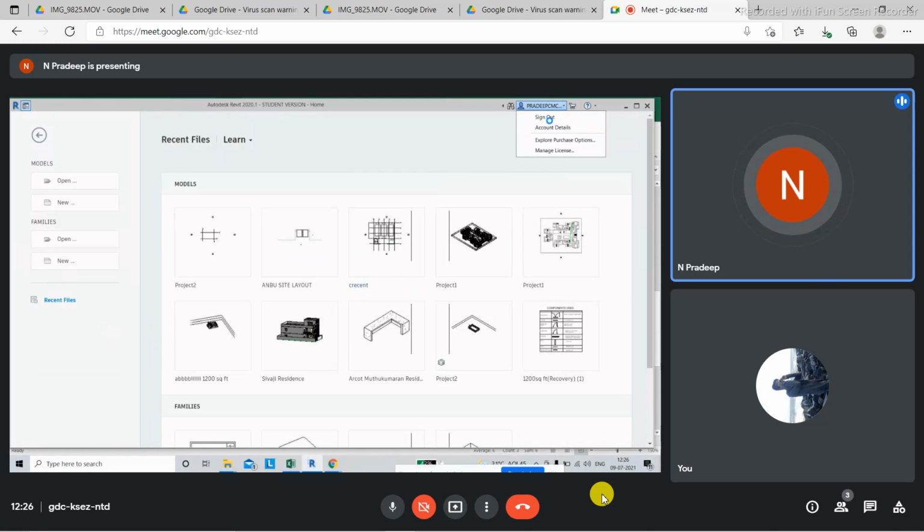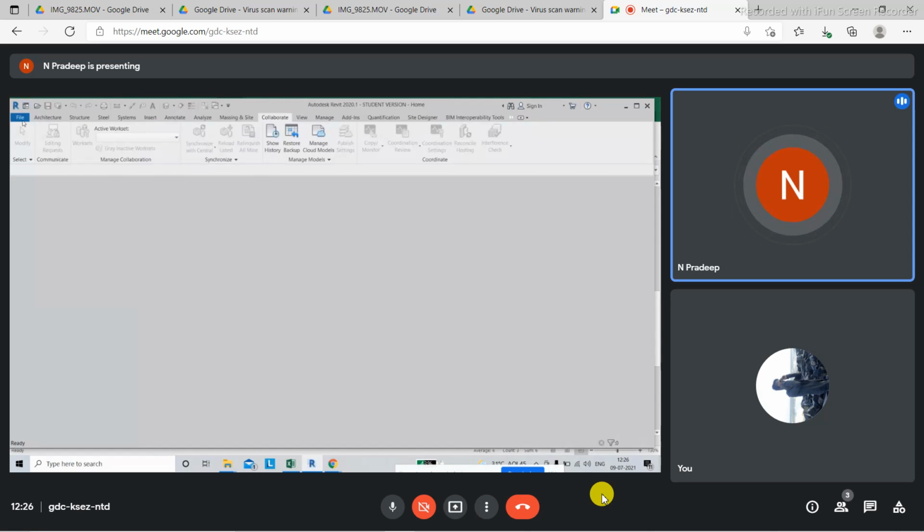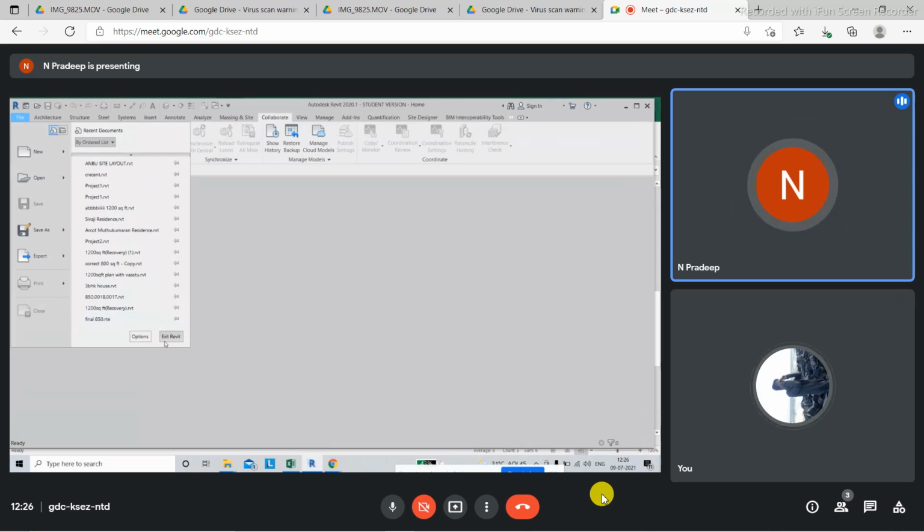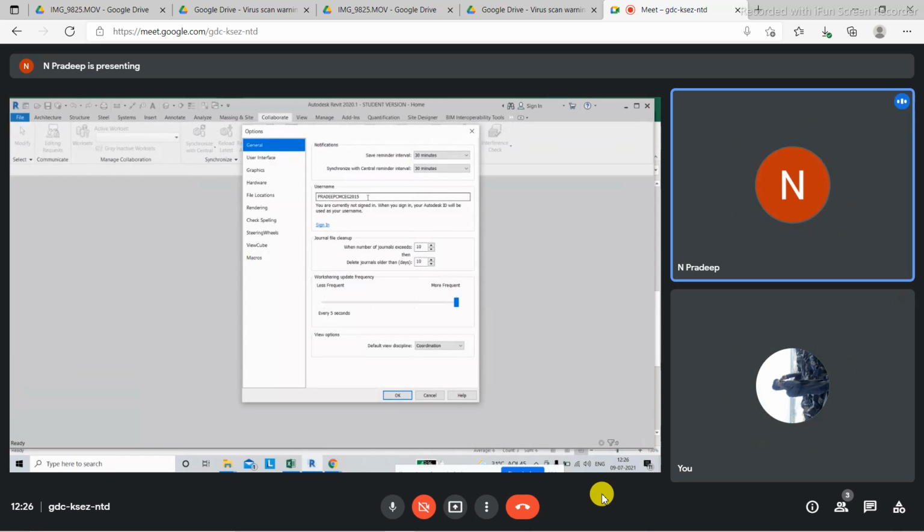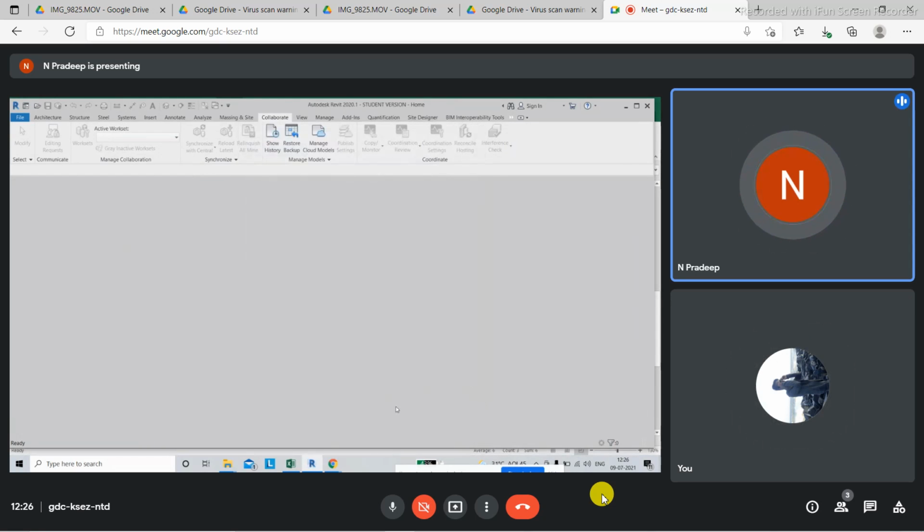Now, let us say you are responsible for the architectural part. When you're sitting in Nepal, you log into your computer in your office, and you check whether the central file has been saved in that destined folder. Since you're an architect, let us assume that your computer's name is A. So you're going to log into this project using a computer called A.